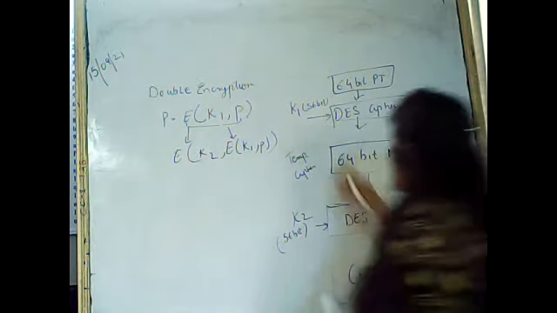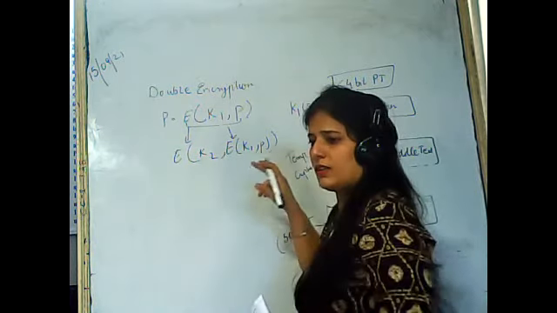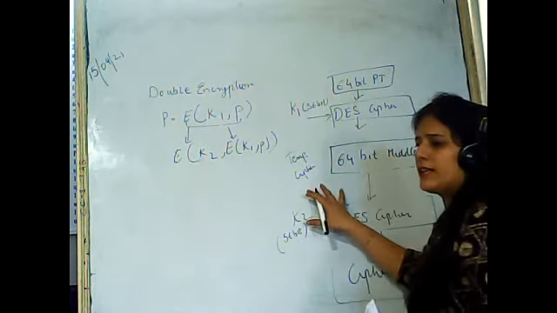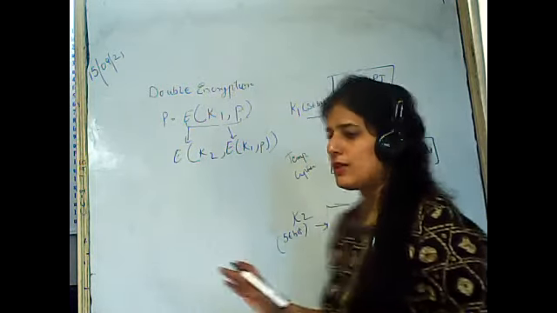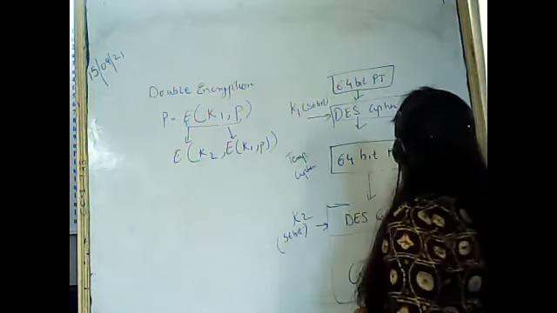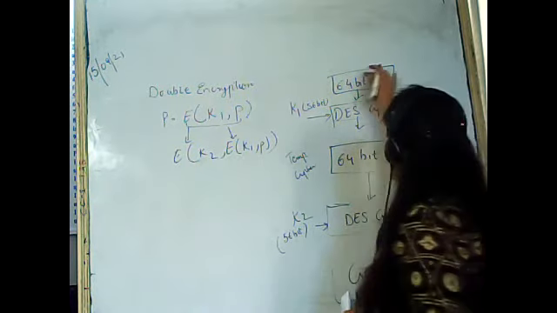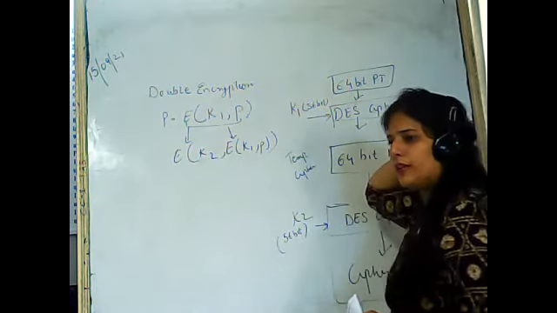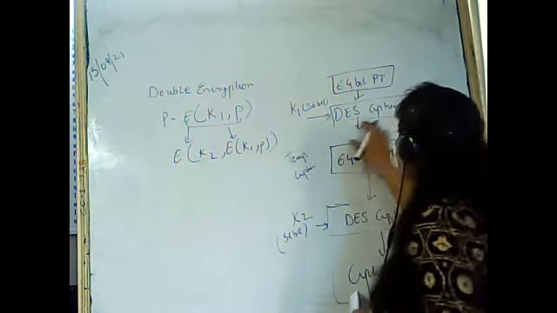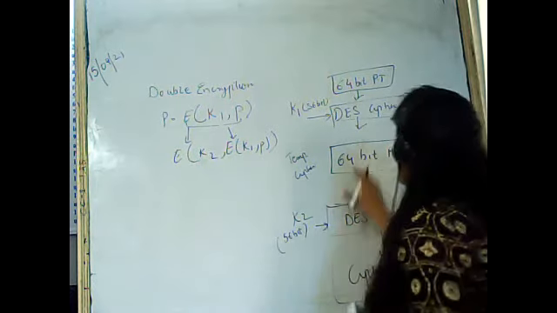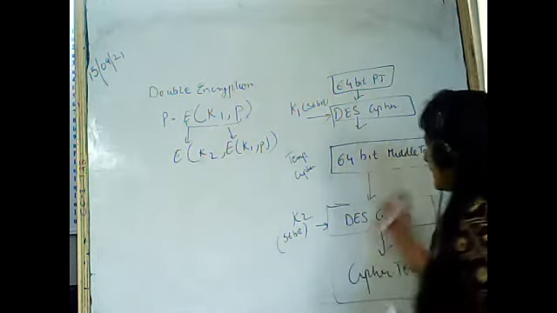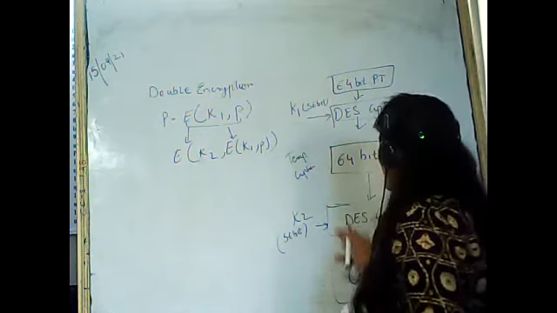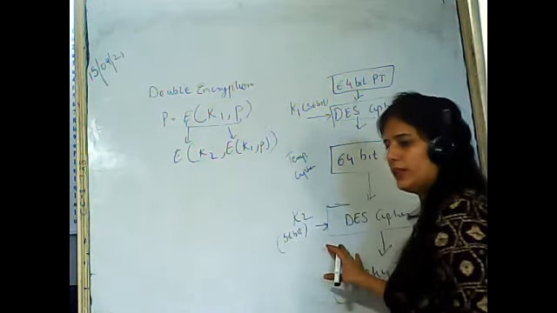After applying the first DES, whatever content we have will act as a temporary cipher for us, and we have a 64-bit middle text, because we haven't changed the format. If you remember the DES cipher algorithm, we have this 64-bit middle text, and on it we will again apply the DES cipher algorithm,